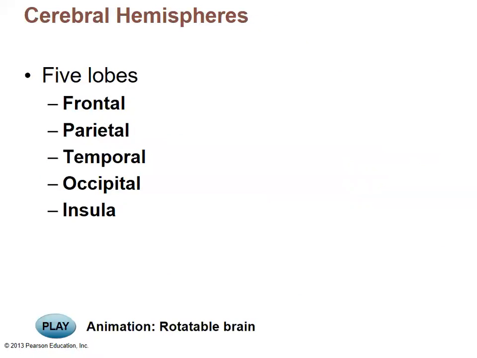Also note that all of the lobes are named for the bone that they overlie except the last. All of the lobes are named for the bones that they overlie except the last, which is the insula. So your 5 lobes are frontal, parietal, temporal, occipital, and insula. If you go down to E, where it says central sulcus,